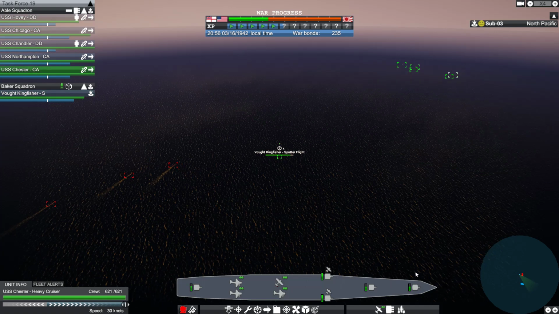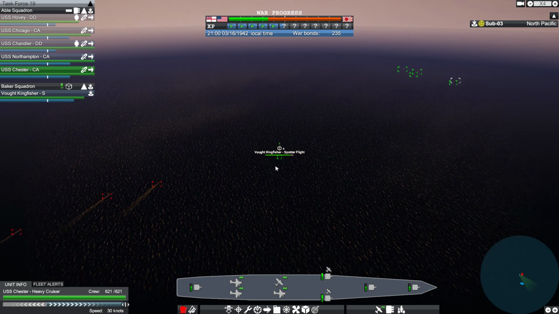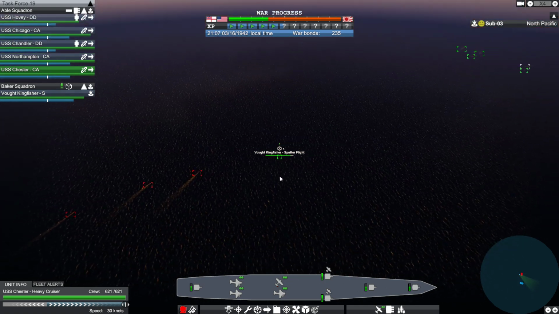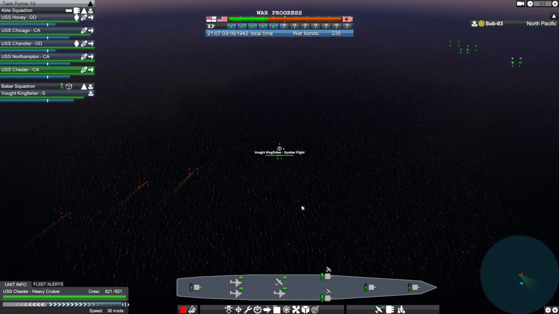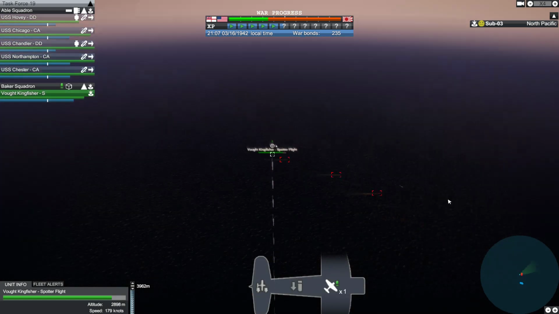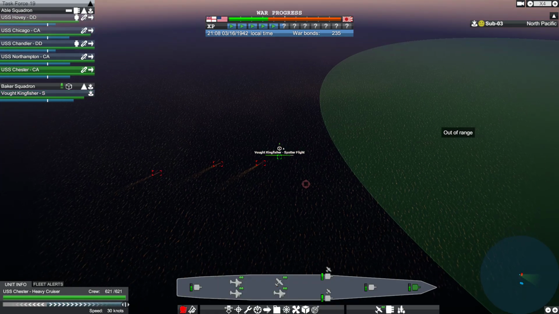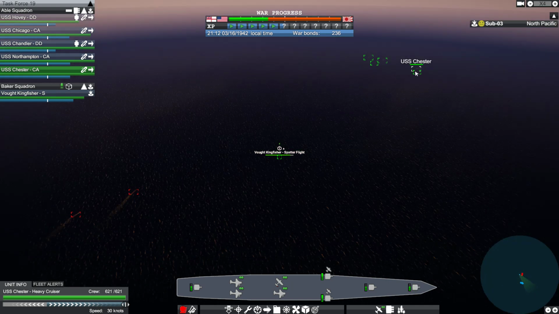I actually really like that picture. The bird's eye view is awesome. It's better than top down. I think, what is it, T for top down? Yeah. Better than top down is the bird's eye view. So let's keep that. Very fun. And we're almost closing range, which means they're almost closing range, which means...